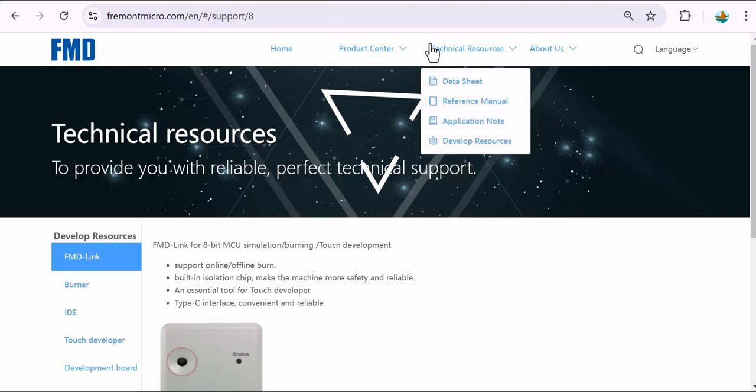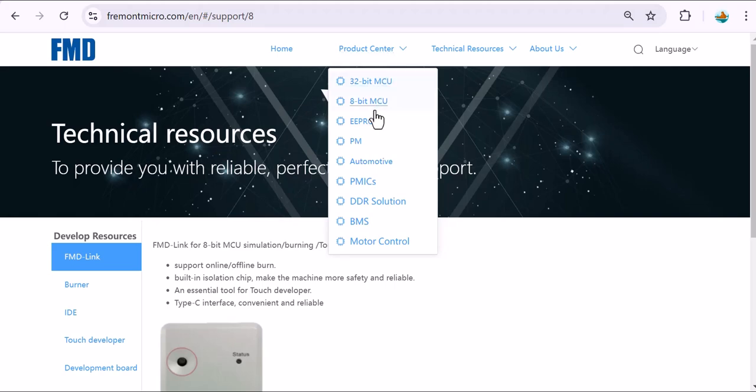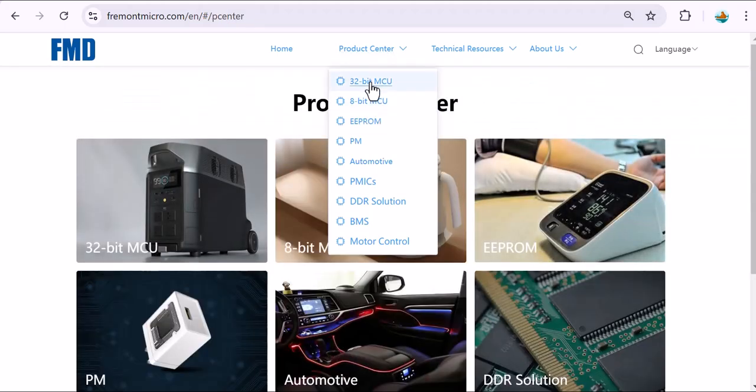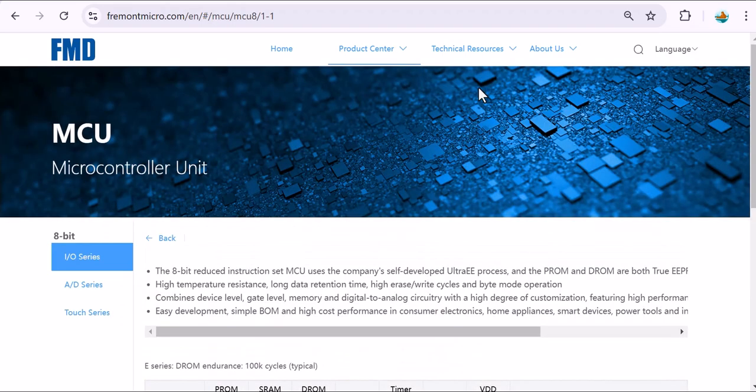Good morning to all. In this video we are going to discuss the cost effective chip which is an alternative to the PIC or similar. One of the companies that we discuss today is FMD. It has some product lines like 8-bit and 32-bit, but we are focusing on the 8-bit microcontroller. Compared to the PIC, it is basically a similar architecture